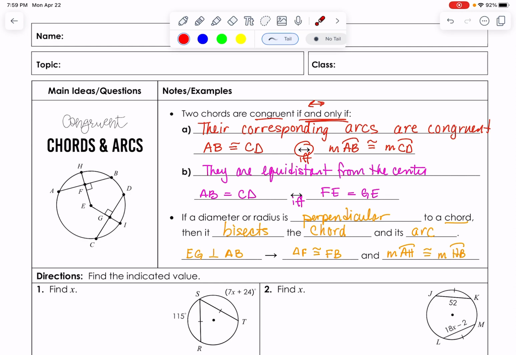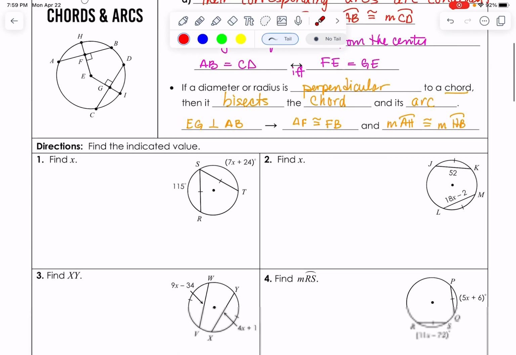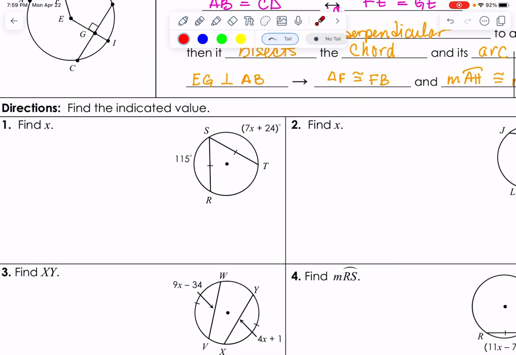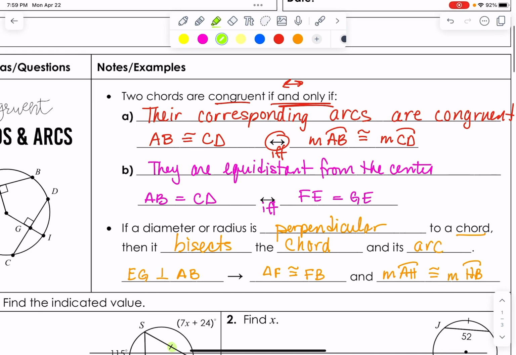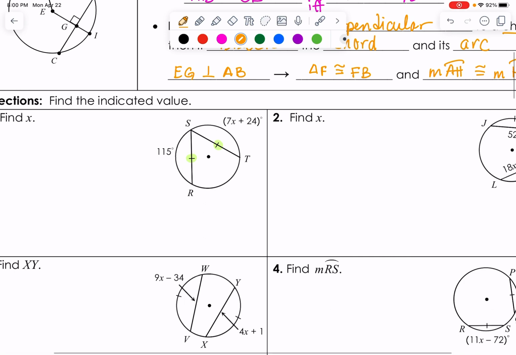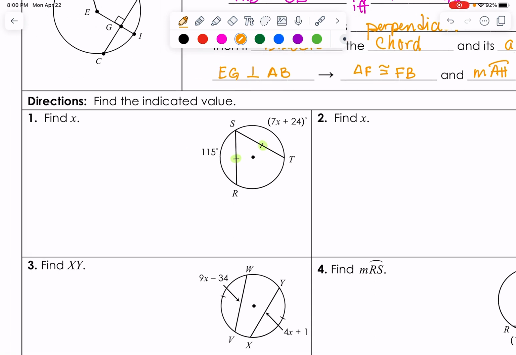So let's go look at the first example. Given this diagram, I tell you that the chords are congruent. Right here, it says SR and ST are two chords and they are congruent. The first definition says that if they're congruent, so are their arcs. So that means that I can say that